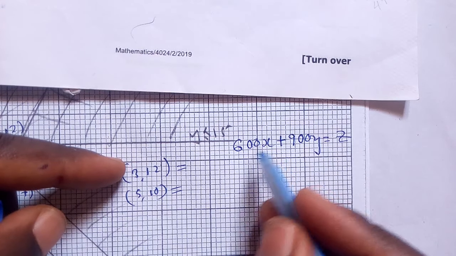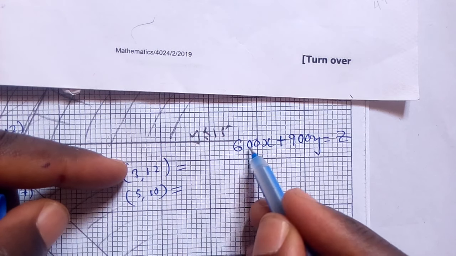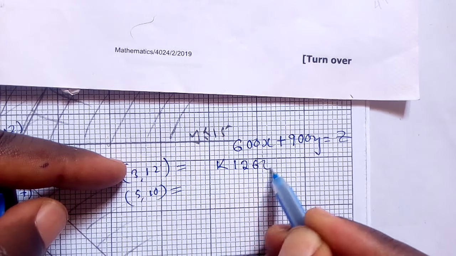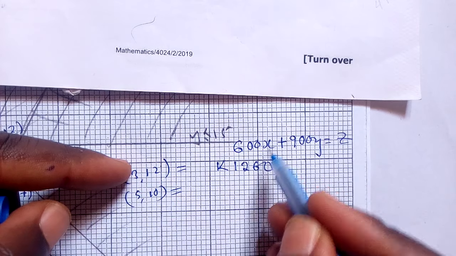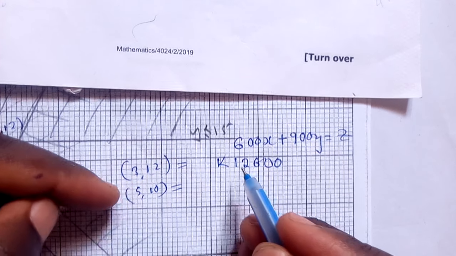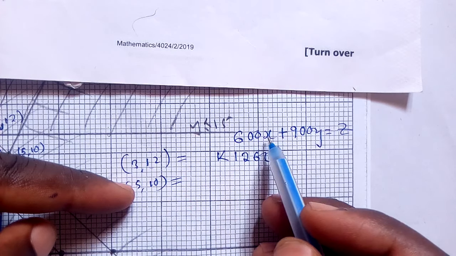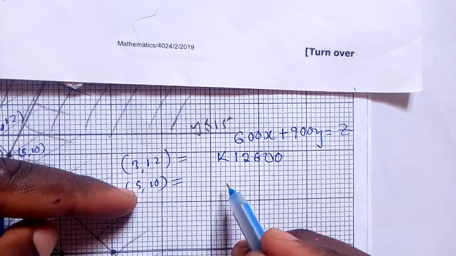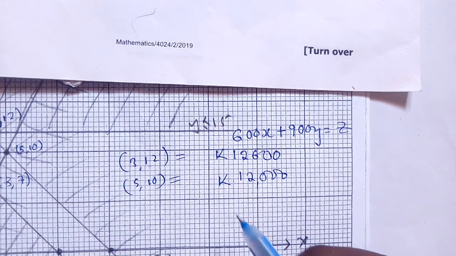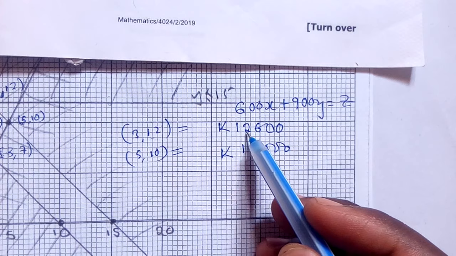So now where there is x, put the value of x and calculate. When you put there the value of x and calculate, the answer you get will be 12,600. When you put the x there, and the value of y, which is 12, you calculate, you get 12,600. For this one, when you put 5 here and 10 on y, you get 12,000, I think, flat. So looking at what is happening, the highest profit here is